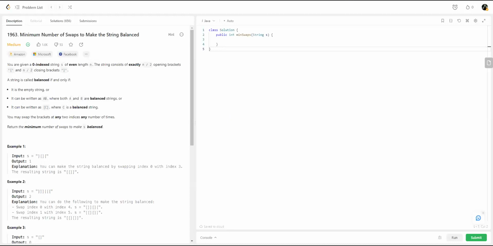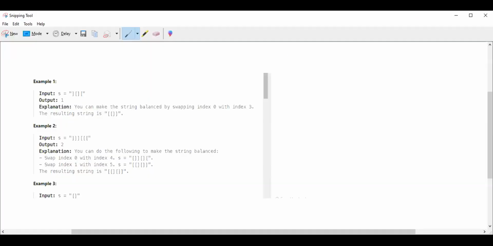So I think maybe going on the whiteboard might be better. Right, so we are on the whiteboard and you can see, as I previously explained, if we swap the first and last brace in S for the first example, then we'll have this. The question already shows you that. So how do we know that we just need one swap? Initially it is like this. As I was previously saying, because we are dealing with pairs and we know it will be in pairs,